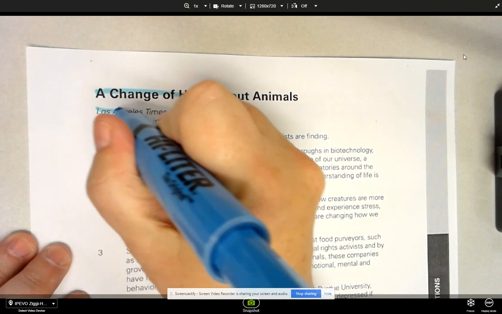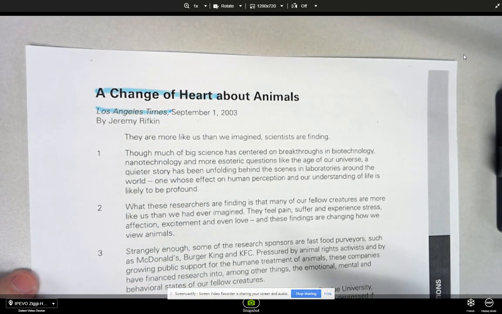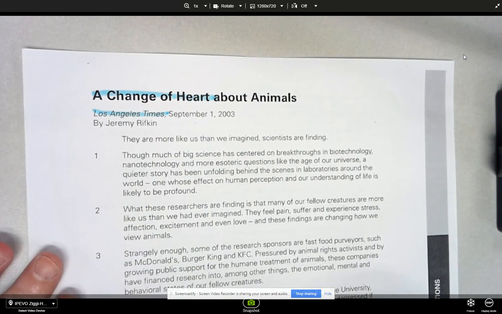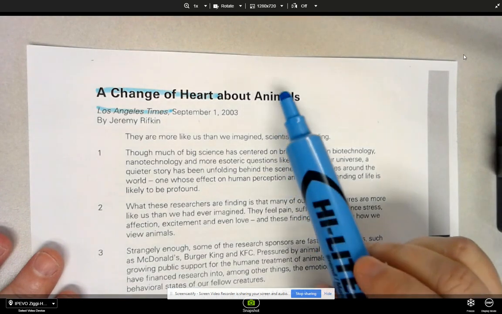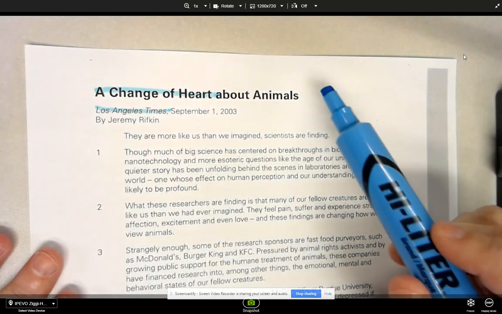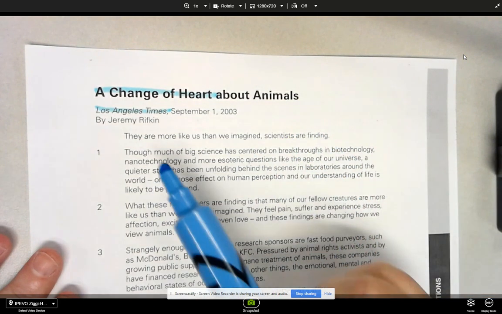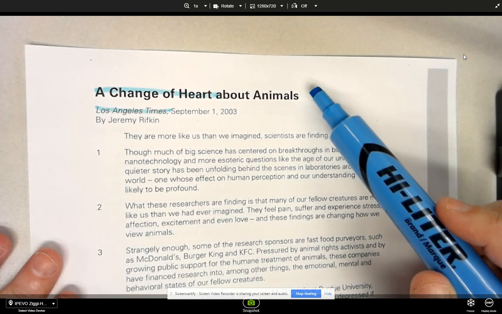I also take a look at where this was published. Since this is the Los Angeles Times, I know that it's geared toward an audience. They're primarily a more liberal audience, and since it is a newspaper, it's going to be written pretty much for everybody. But who would be interested in animals? Usually animal lovers, or I don't know if hunters might want to take a look at this or not, but I just sit and consider, if I were to pick up the Los Angeles Times, what kind of people would look at an article with this title?